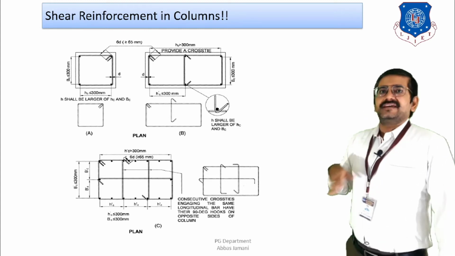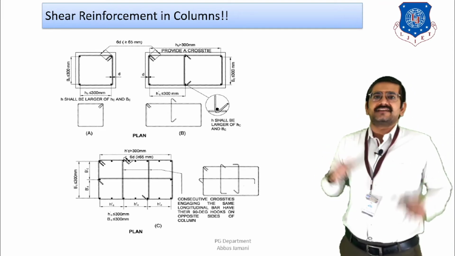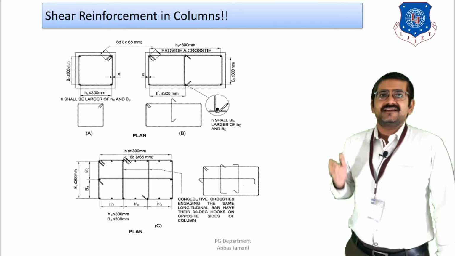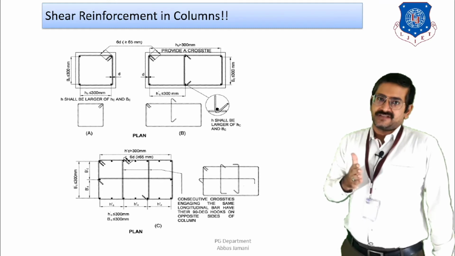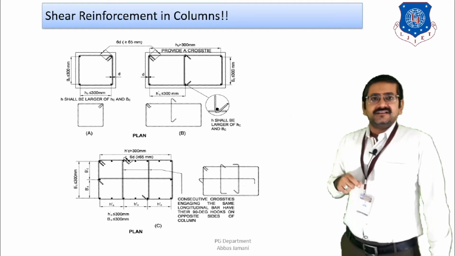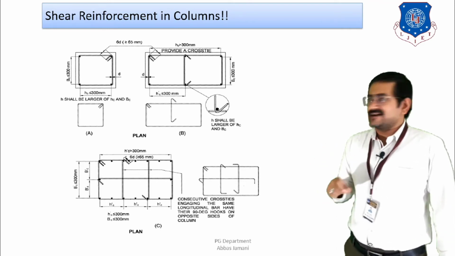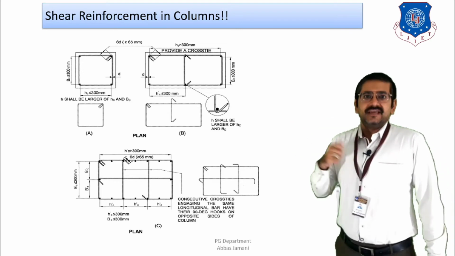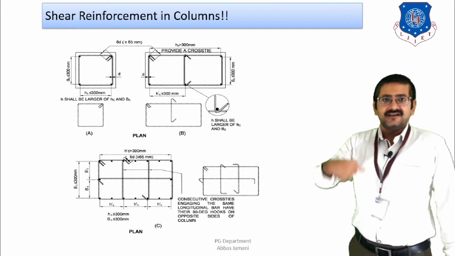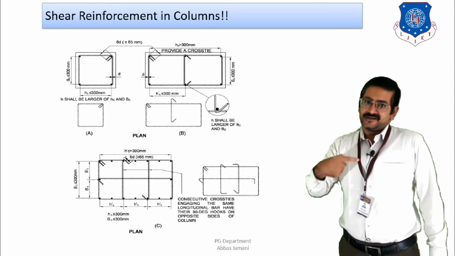But if the height or breadth of the column is increasing, or the distance between the adjacent faces of the stirrup is increasing and it is greater than 300, then the introduction of a cross tie has been made compulsory. You can see in the second figure where the height of the column is shown as greater than 300 mm, and then the cross tie is introduced. In the case of a cross tie also, the hook should be properly curtailed, and the length of the hook should be 6D or 65 mm, whichever is greater.